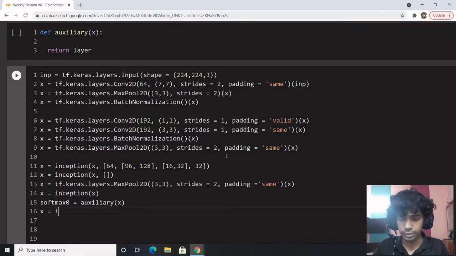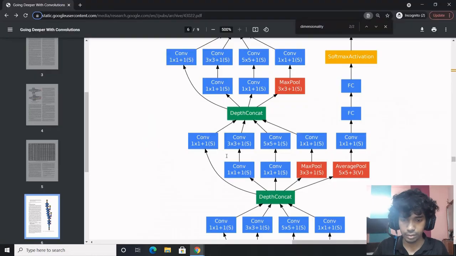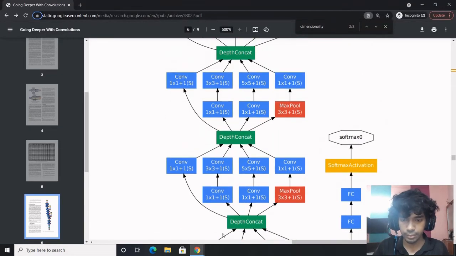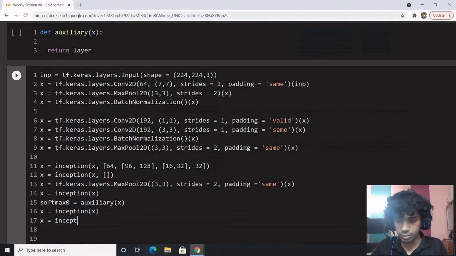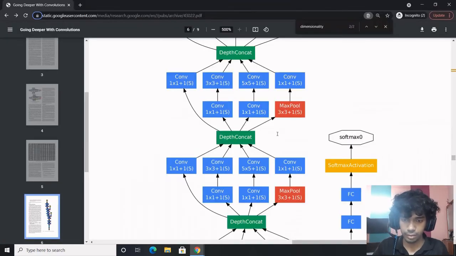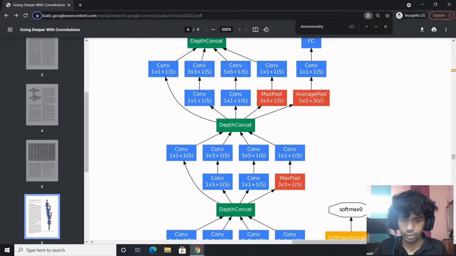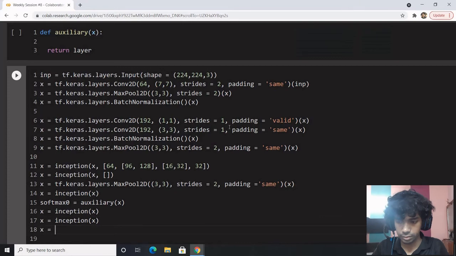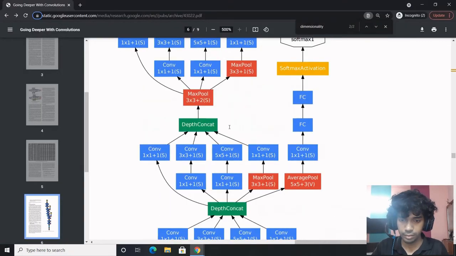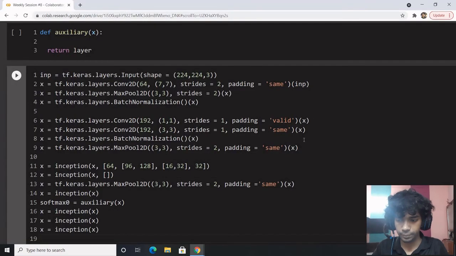So x equal to inception x, another inception, one more inception, and we have one more auxiliary, which is softmax 2, auxiliary x.